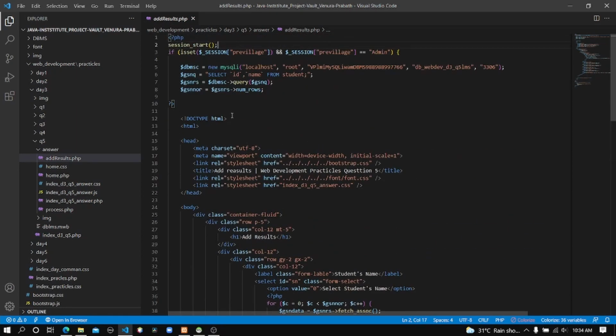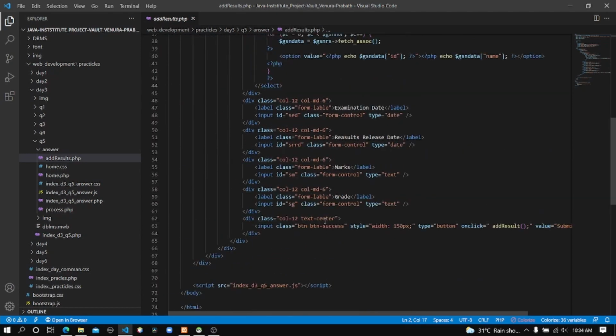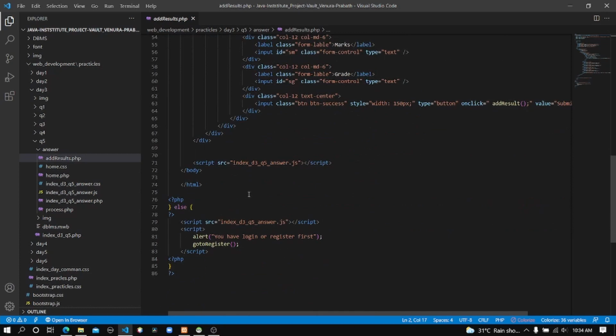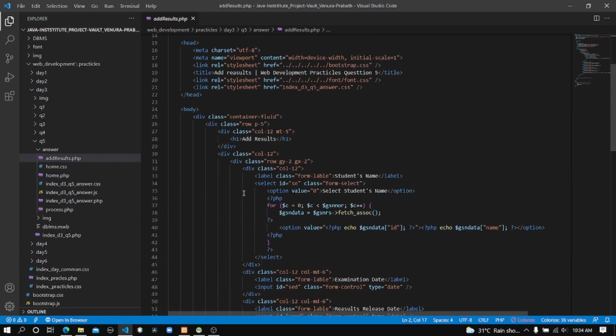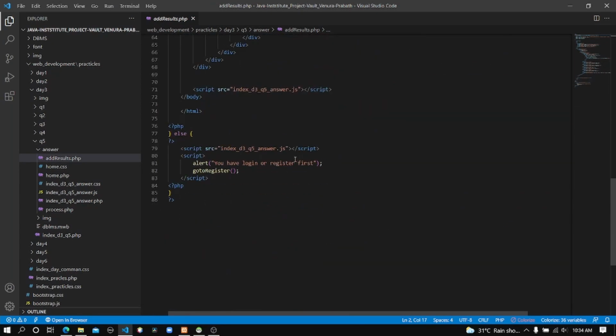In this if else block, it will again check if this is the real teacher by checking if there's a variable in his session called privilege and its value is equal to admin. And if both of these conditions are met, it will show this design. And if there's no variable called privilege or its value is not equal to admin,